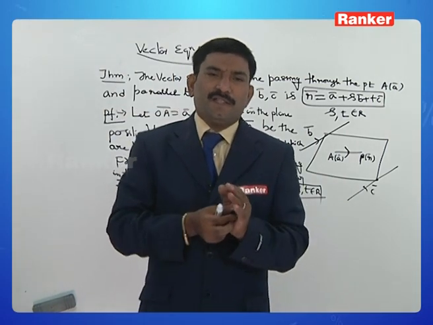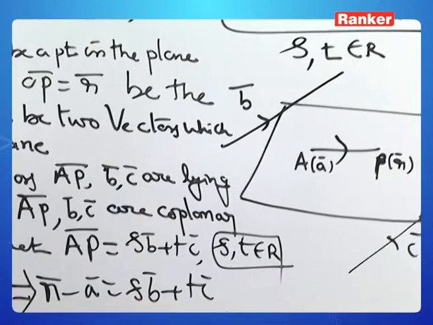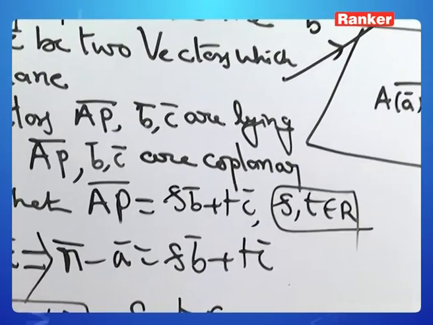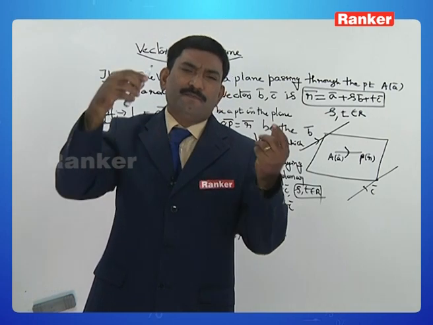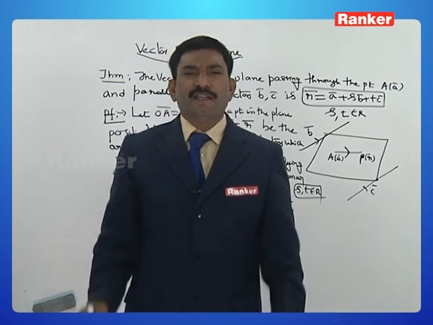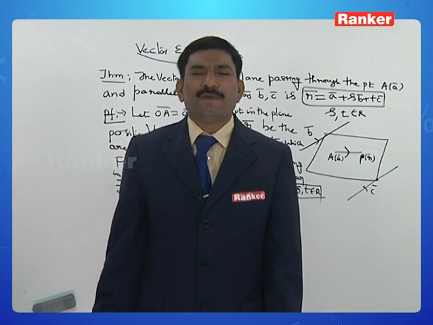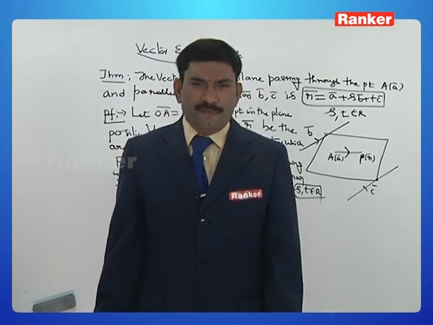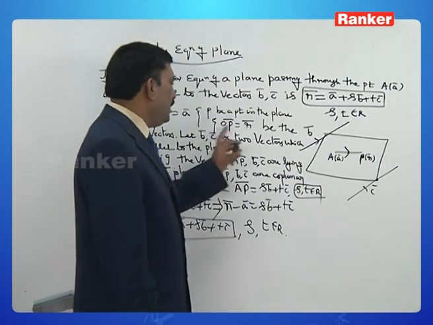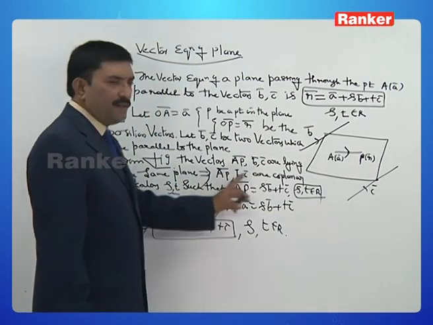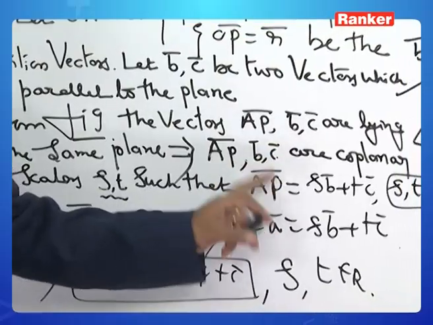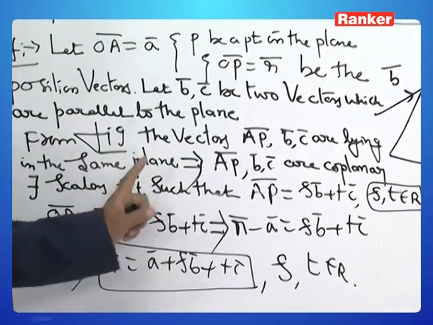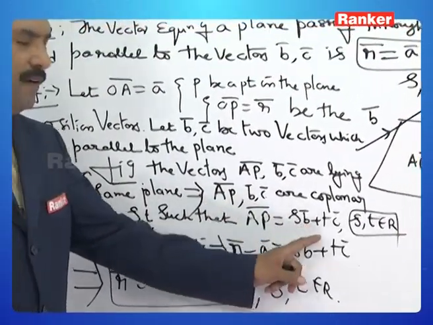With that, this is a plane containing AP bar, this is B bar, this is C bar. Even if they are parallel to a plane, it means that they are lying in the same plane. It's quite obvious. Therefore, when they are lying in the same plane, they are coplanar. When any three vectors are coplanar, one vector can be expressed as a linear combination of